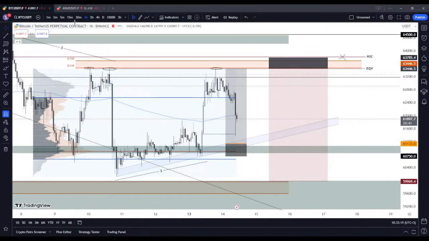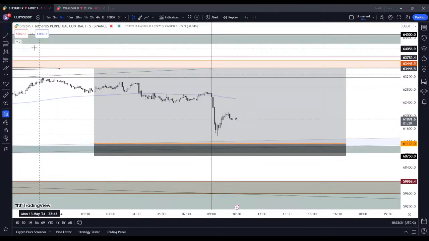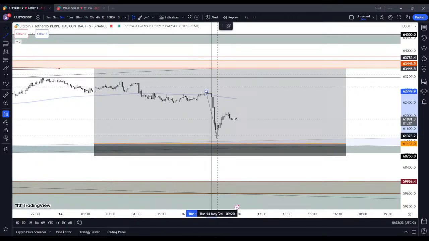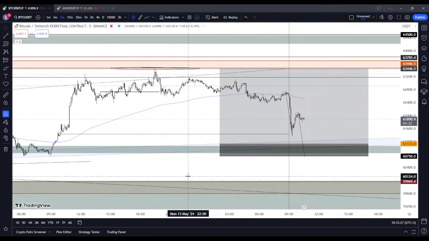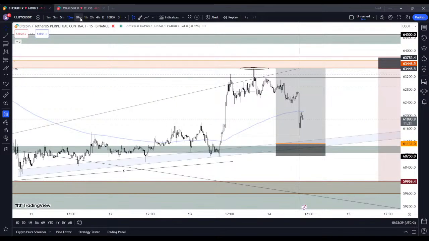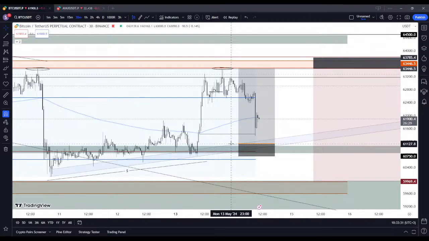But I'm still expecting lower, maybe sort of an AB equals CD here, something like this. That would take my stop loss. But I'm not sure if I want to punt long exactly in this breaker area and the violation of this FVG.